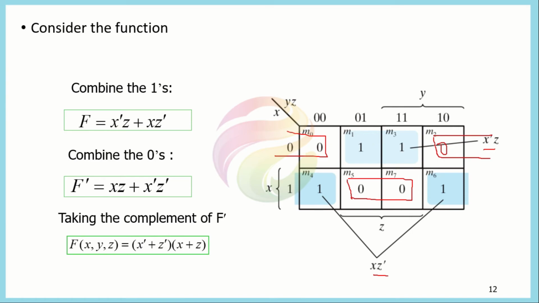So if you minimize this term, because only the value of y is changing here, it's x complement into z complement, which is represented here as this one. And if you combine these here, the x will be represented as x into z. So in this way, this complement operation will be represented as here.